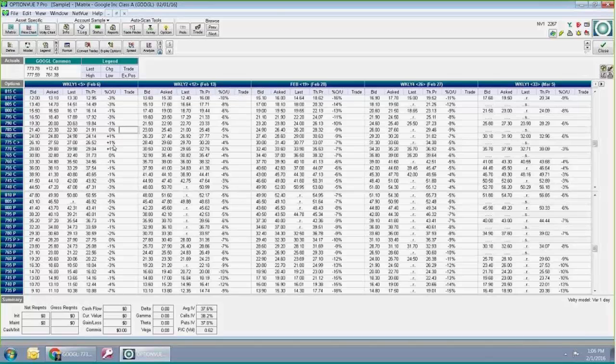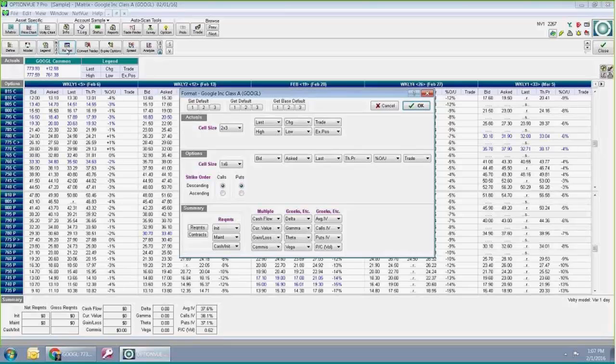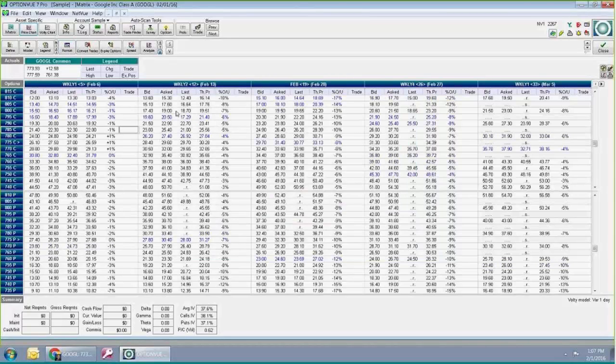If you decide you actually want to save this format, you can come up in the format, which gives you a kind of complicated way to choose what cell size, how many cells, 1 by 6, 2 by 3, what's in each one. Or if you're just making a simple change but you want to keep the same basic format of a 1 by 6, you can just click this little M and then the number 2, and now my number 2 format is set to this one with the trade in the last column.